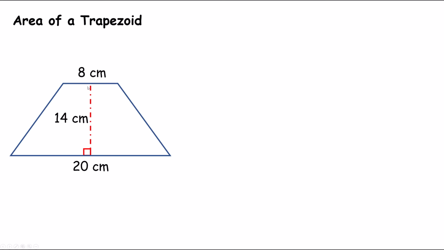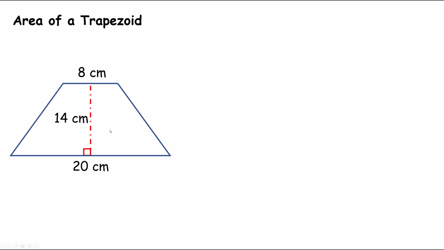Just like the issue we had with triangles and with parallelograms, the problem of trying to stick squares in here is that some of my squares, when I go to fill this up, are going to hang over the side too much, or some may not fit in there at all. You might have little gaps. As long as you have these slanted lines, you're going to end up with that problem. What we really need is something that has right angles, because then we can see how the squares fit very nicely. But in the case of a trapezoid, it's actually pretty easy for us to turn this into a shape